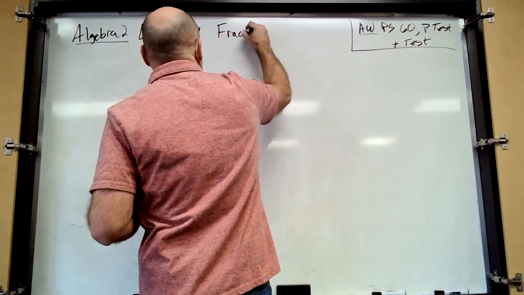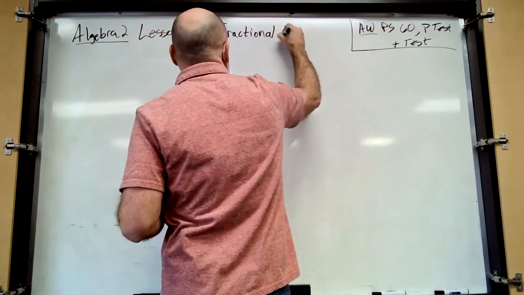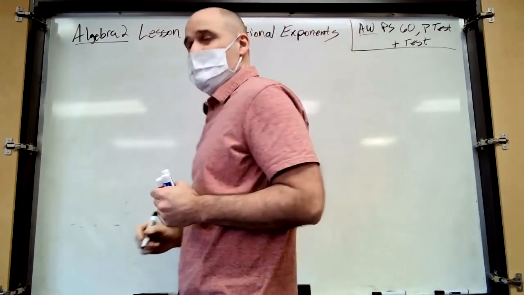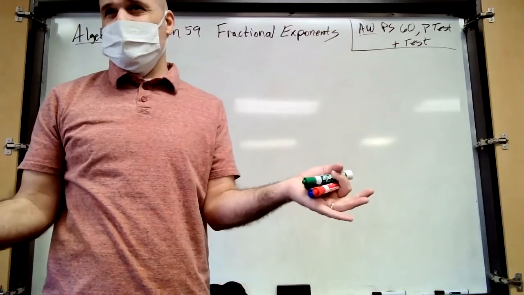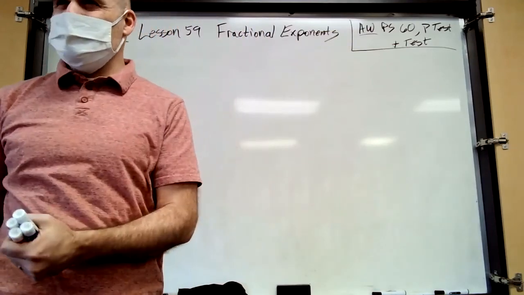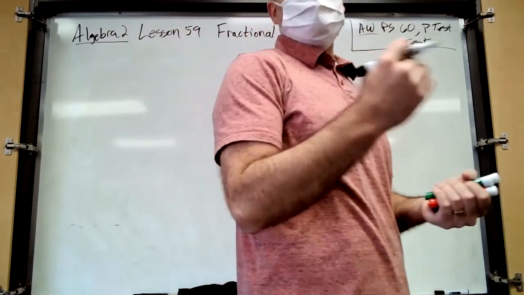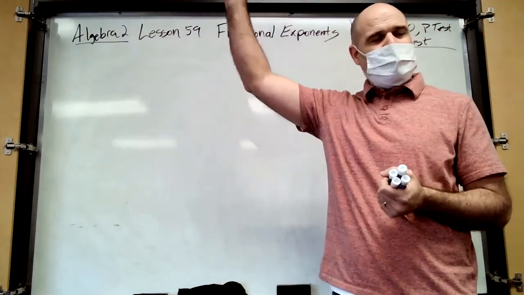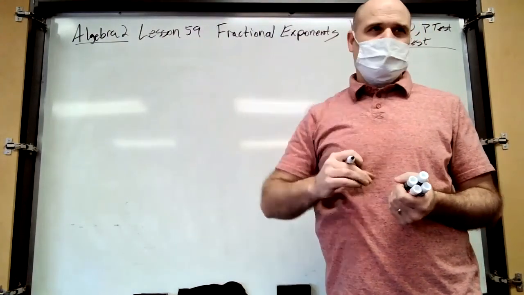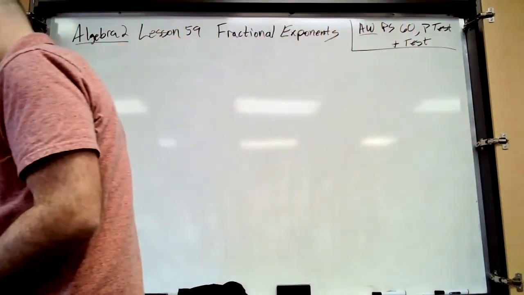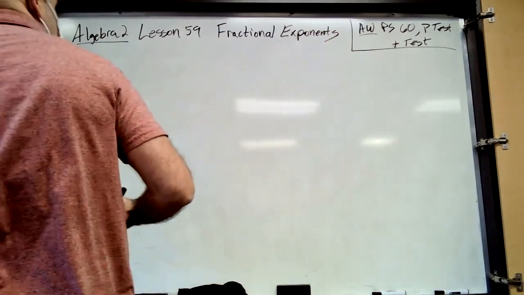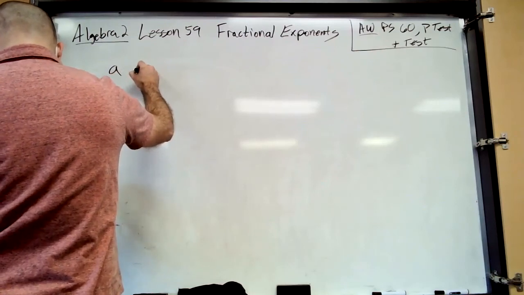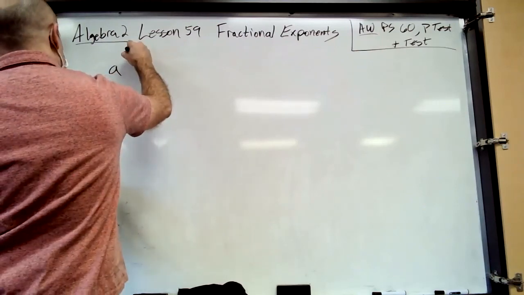So we're going to talk about fractional exponents. Now, remember when I said negative exponents have nothing to do with whether something's positive or negative? Guess what? Fractional exponents have nothing to do with fractions, okay? It's just the top number is the power and the bottom number is the root. It's that simple, okay? So basically, if I had a to the m over n,